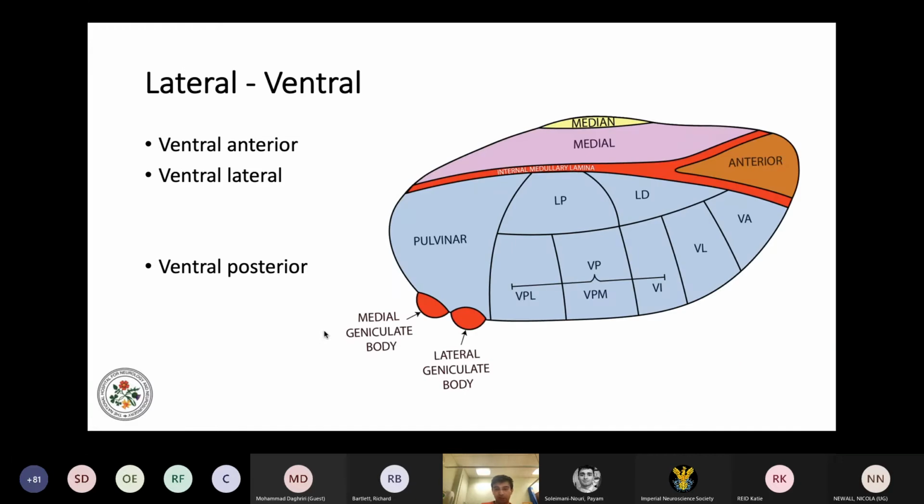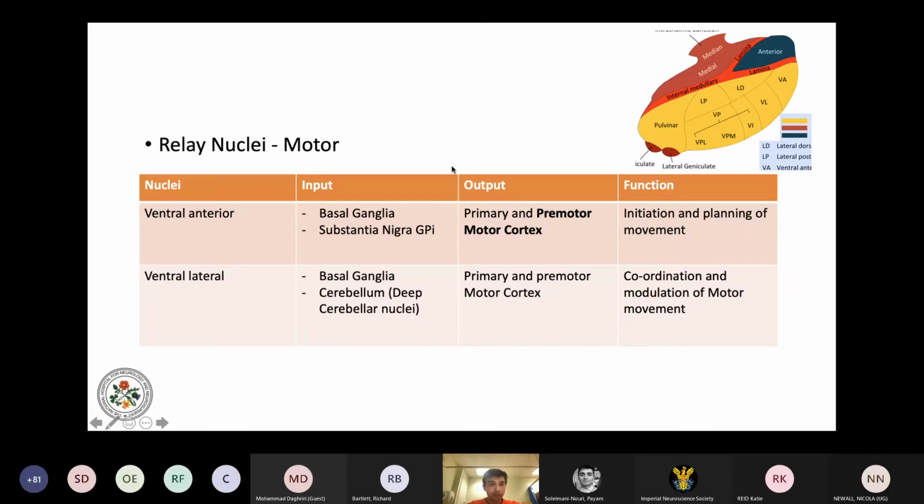So now onto the meat of the thalamic nuclei, the ventral nuclei. So the ventral anterior here, ventral lateral, and the ventral posterior. Okay, we'll cover each bit by bit. So the ventral anterior is a relay nuclei, as we talked about earlier. It's got predefined inputs and outputs. And the important point with the ventral anterior and the ventral lateral, these two at the front, is their motor